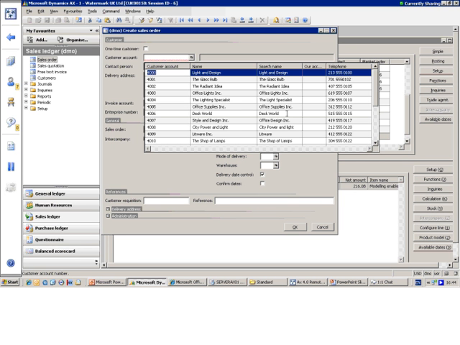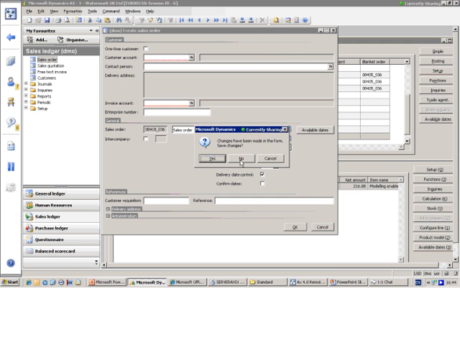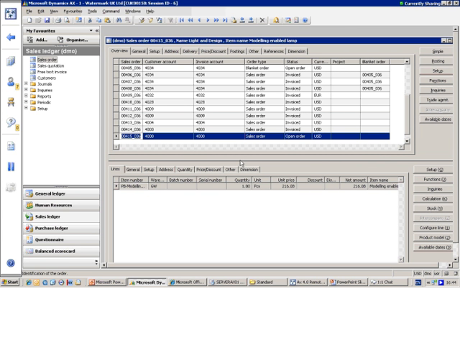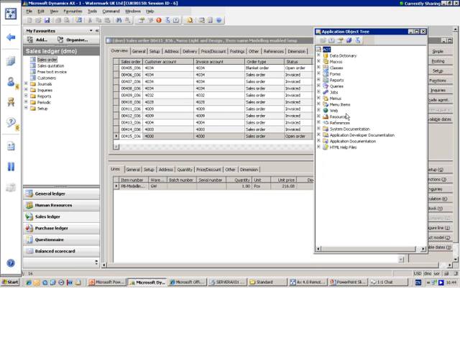So now the sales order team asks the developer team to modify this lookup list. So I will modify the lookup list and use my application object tree. You can find the application object tree by clicking the application object tree icon on the tools menu. So you see the application object tree form opened,